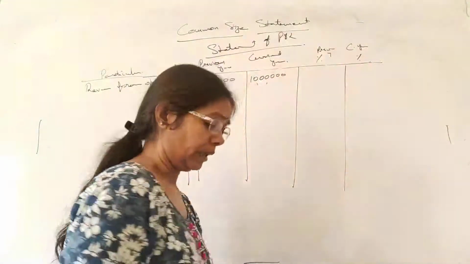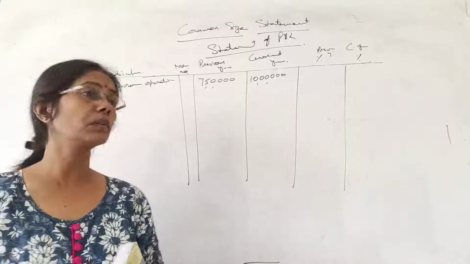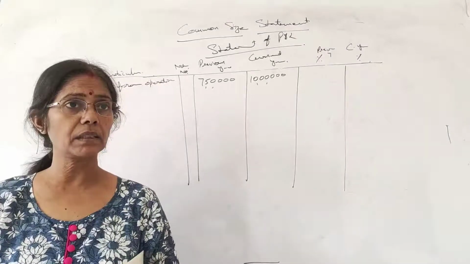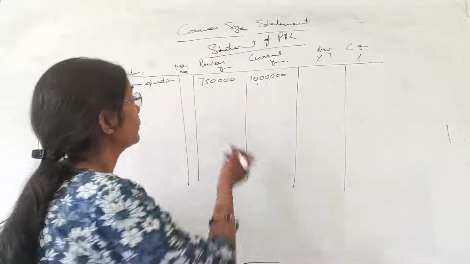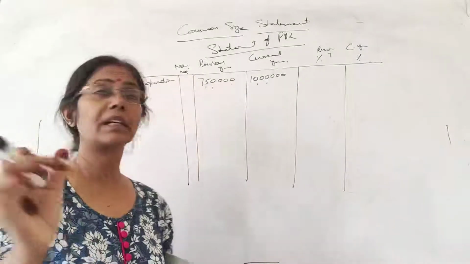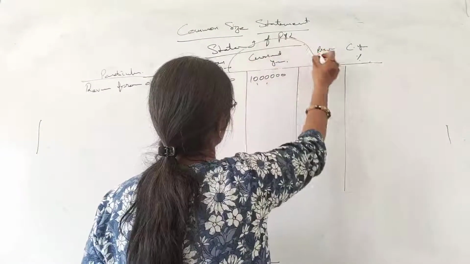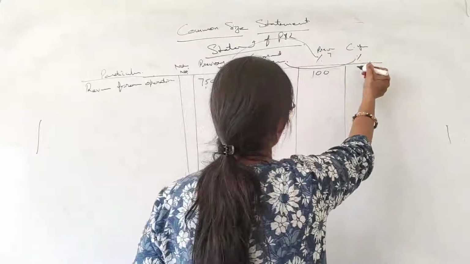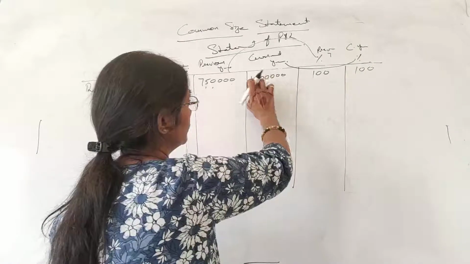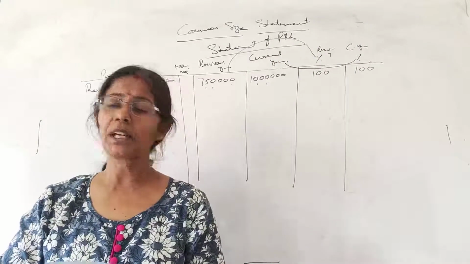Now what to do? Here also we can do the same thing. We can solve it first and then we can take the percentage, right? Here the 7,50,000. I have taken its base as the common base, I have taken 100. This one is the previous year, and this is the current year's percentage. So here 10 lakh is equal to 100. Now we can copy it down.